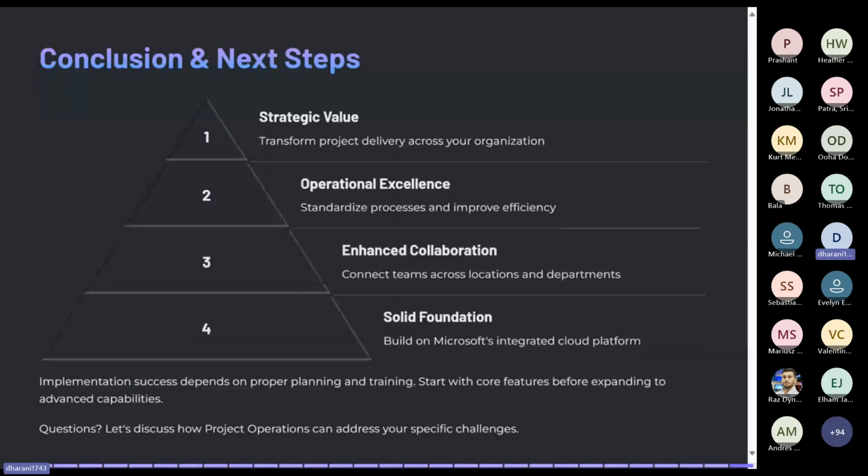So, the last but not the least slide. To summarize, Dynamics 365 Project Operations provides a powerful solution to manage projects very efficiently, optimize the resources, and also ensure financial success. So let's look at some of the strategic value it brings to the organization. I have put up a diagram here. One is